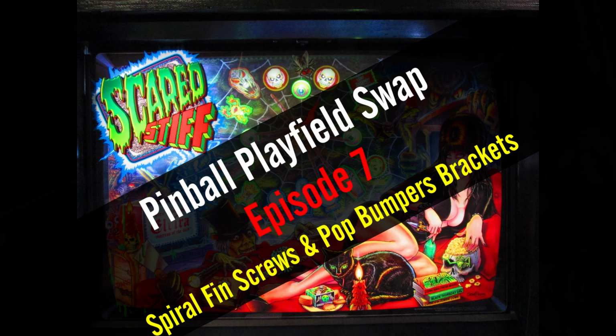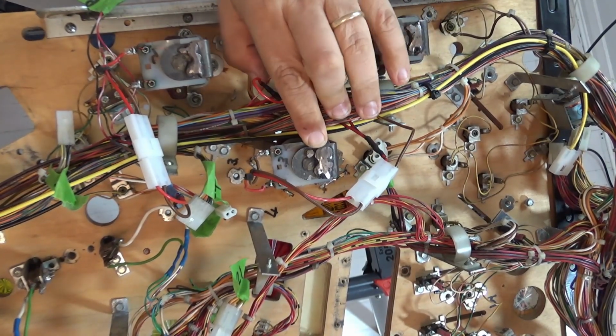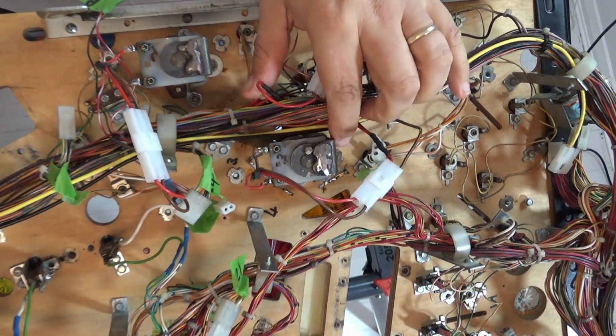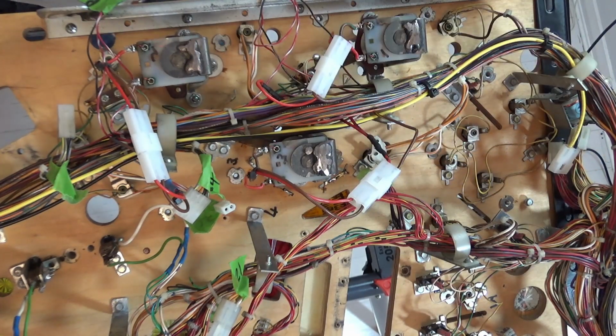Okay, so we're going to do the pop bumpers now. These ones are really mangled. You can see that they basically had old coil stops that they've had to weld back on. I've got some nice clean new ones here which I'll put on the new game, but to get these out